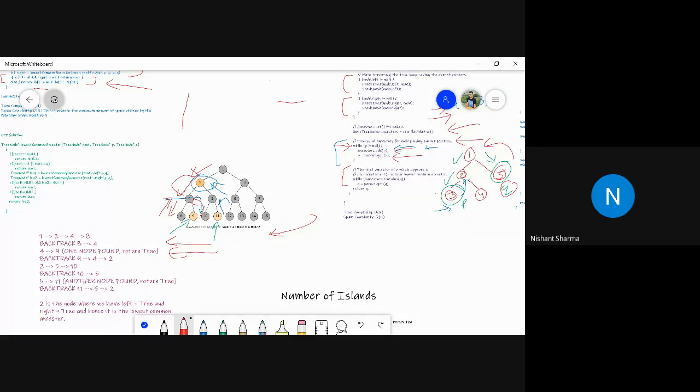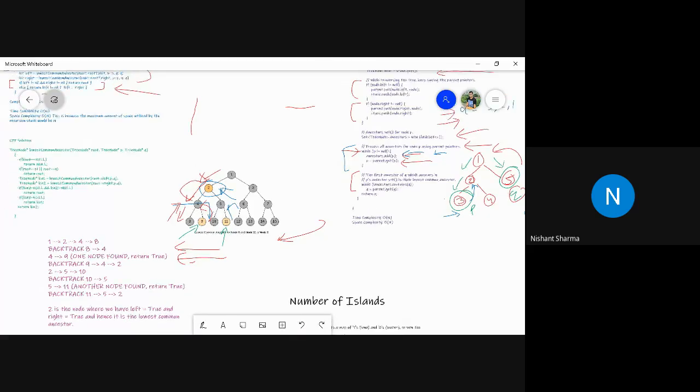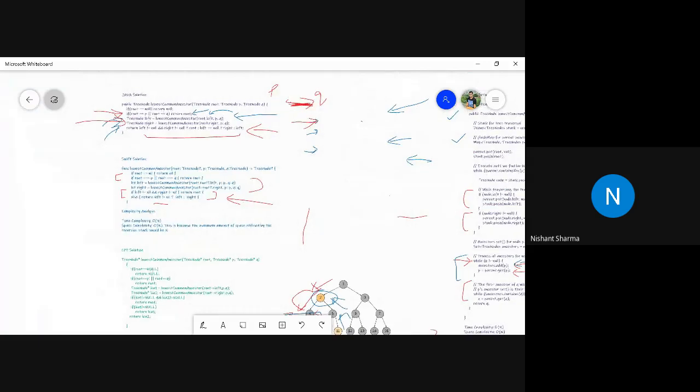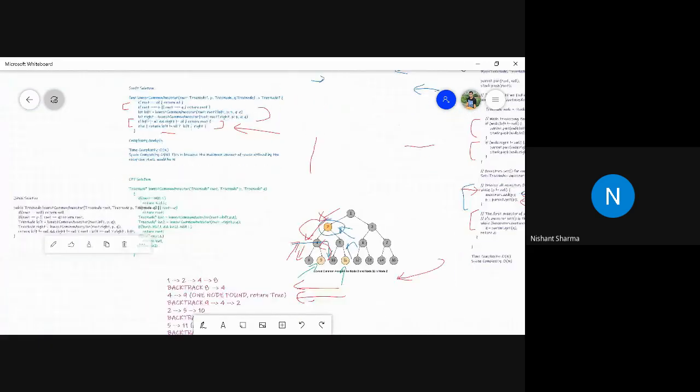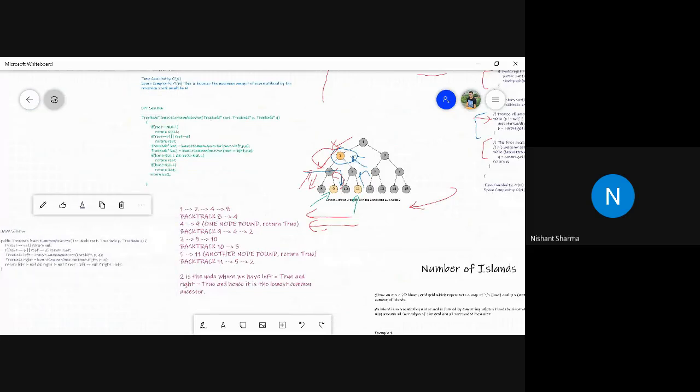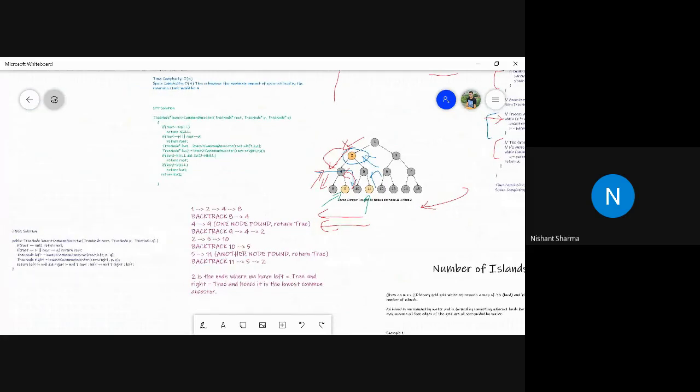Right? So when we come to this 2, what will happen? Or how do we come to 2? Let me take this code down just to explain the recursion part. In this, the first recursion, once we are done with it, it will go to the next line, and with the next line we are doing this backtracking.